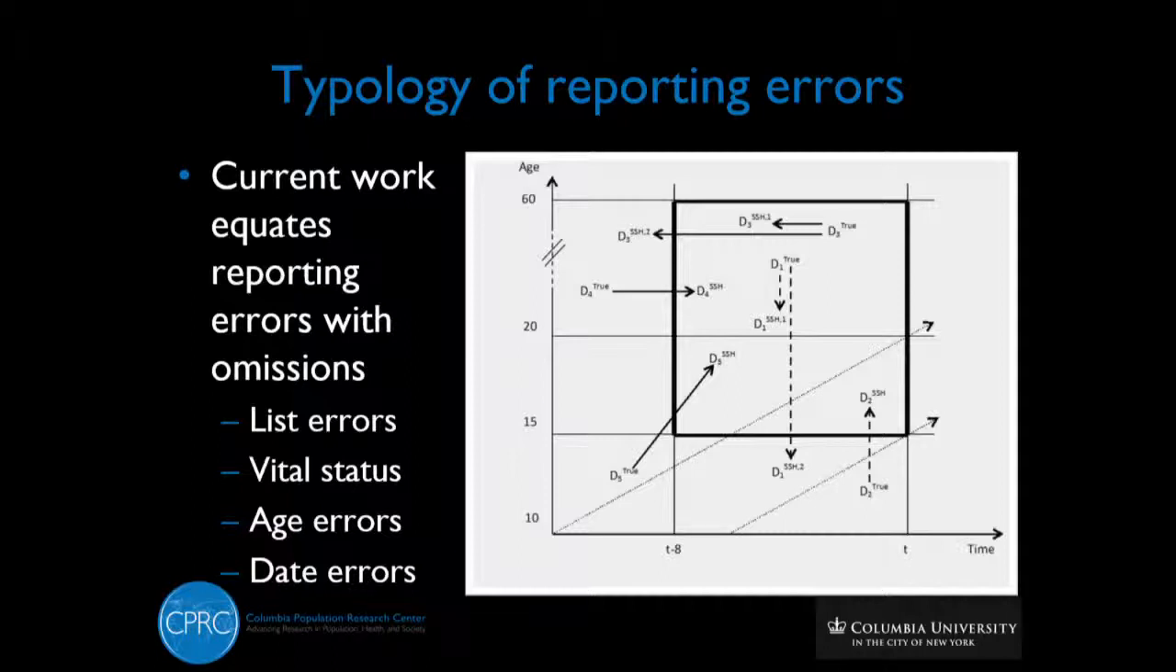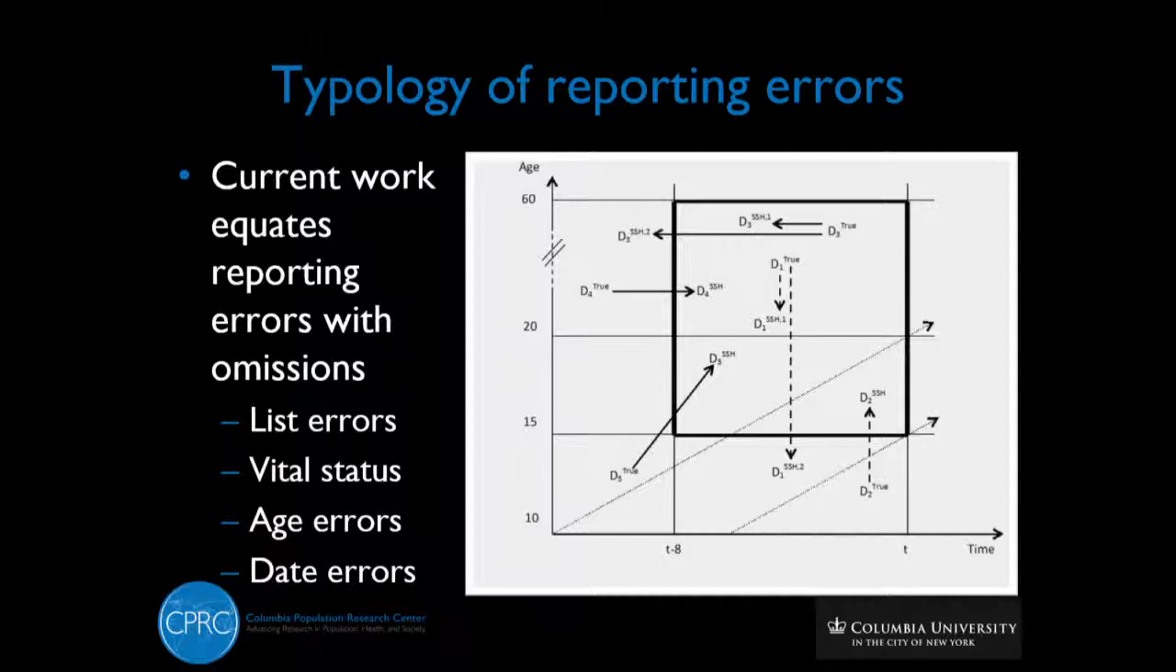mean basically omitting the deaths of one of your siblings. You just forget to report that yes, you've had one brother or one sister that has died at some time ago before the survey. Well, in fact, things are a little bit more complicated than this. There are 4 types of errors that can come across those sibling survival histories, including, for example, list errors, of which those